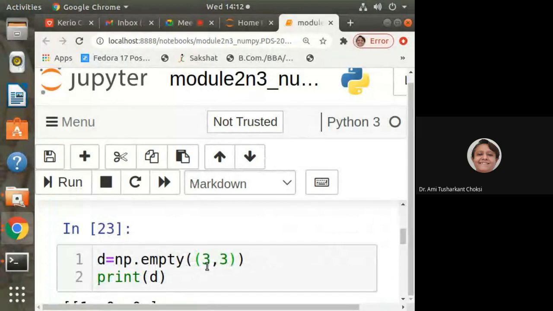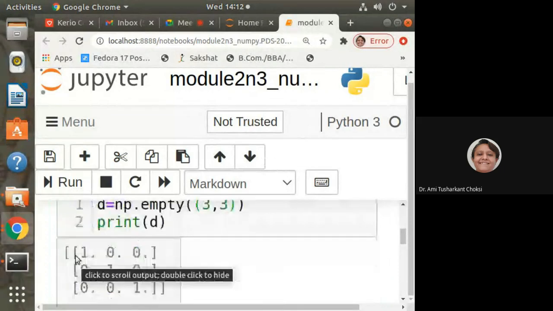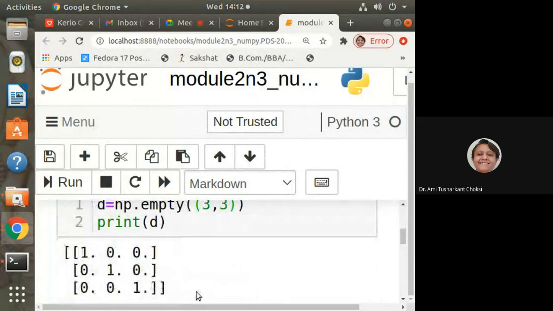Now see, shape means row and column, right? So we will be giving it as 3 or whatever we want to give, row and column. Fine. What we are getting is 1 0 0, 0 1 0, 0 0 1. Diagonal ones we want to have.